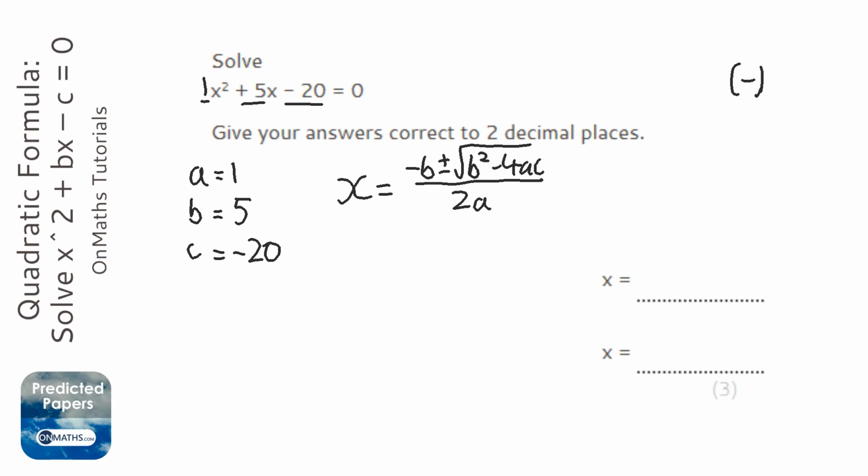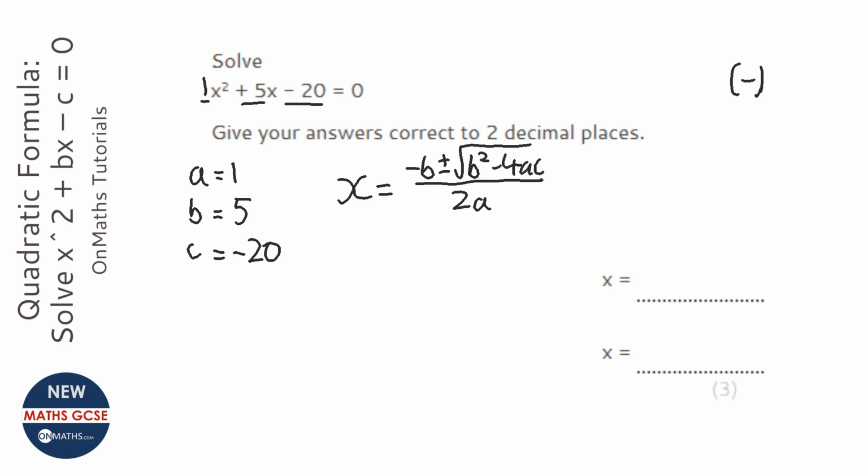plus, and I'm going to do plus first of all, and I'll go back and change it later to a negative to find the other answer. Then I'm going to press the square root button, and I'm going to do 5 squared, because it's b squared, minus 4 times a, well a is just 1, so I don't need to worry about that, times minus, okay, so this time I'm going to put that minus 20 in brackets, negative 20 in brackets, and close bracket, and